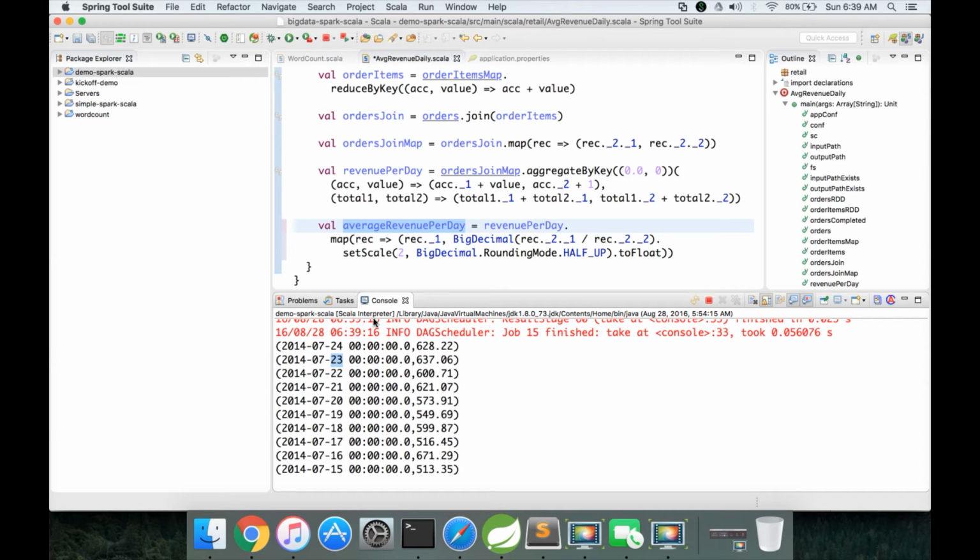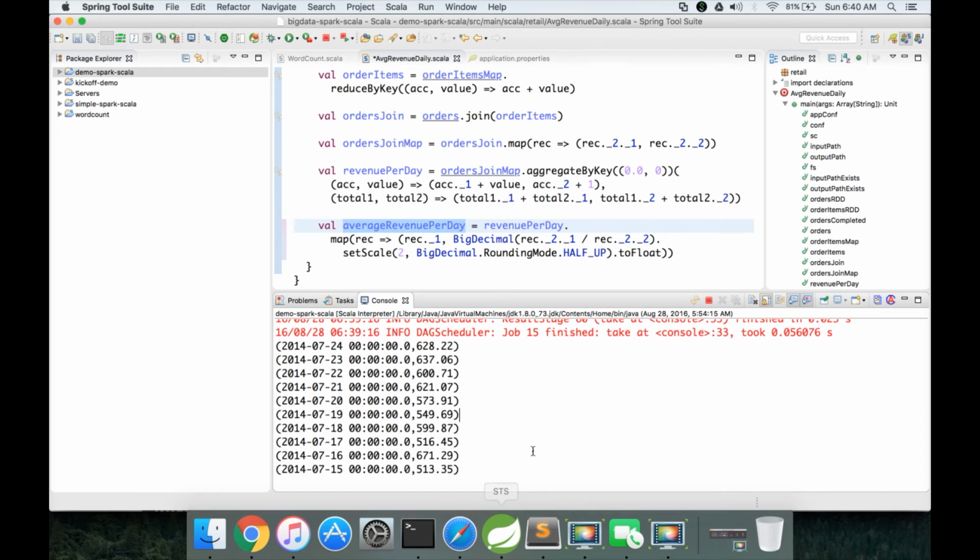So you can use sort by key. The key is, for all the by key operations, the input has to be in the form of tuples. The first element will be considered as key. If you want to aggregate, you can use reduce by key or aggregate by key. If you want to sort, you can use sort by key to sort the data in the order you want. We will see more complex sorting mechanism using group by key as part of our later videos.